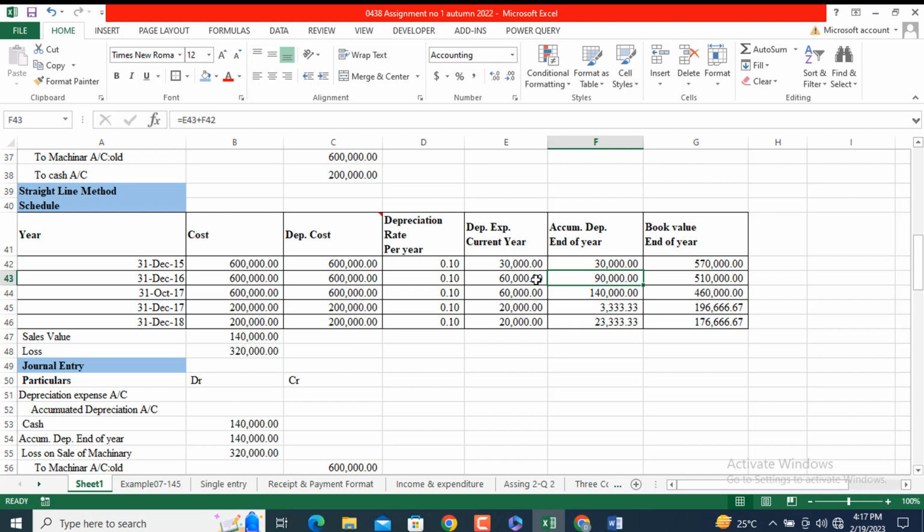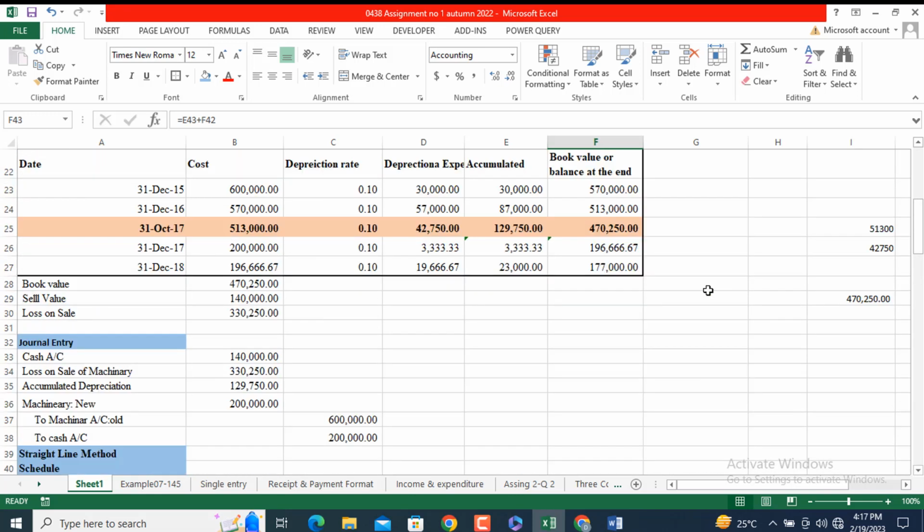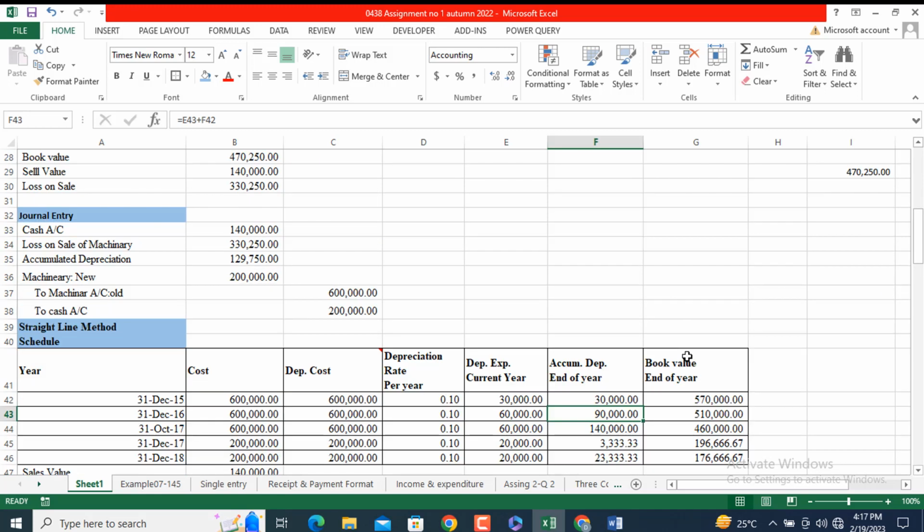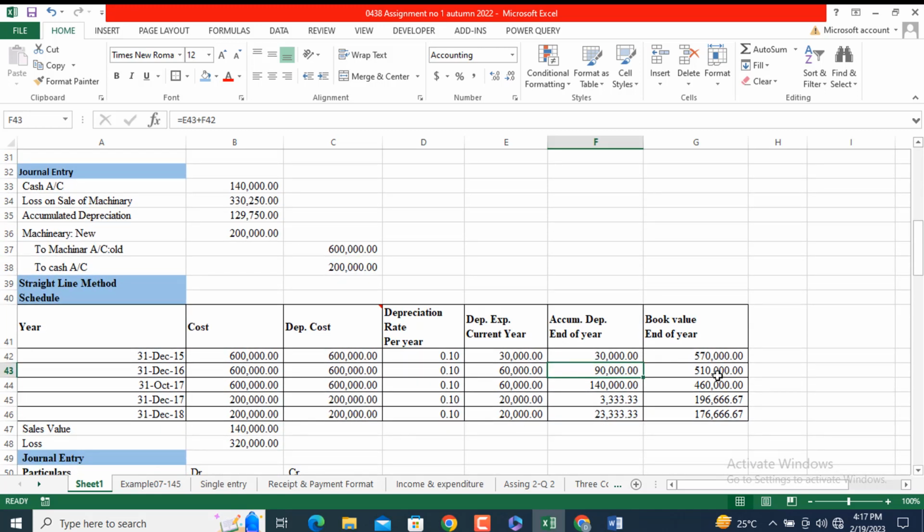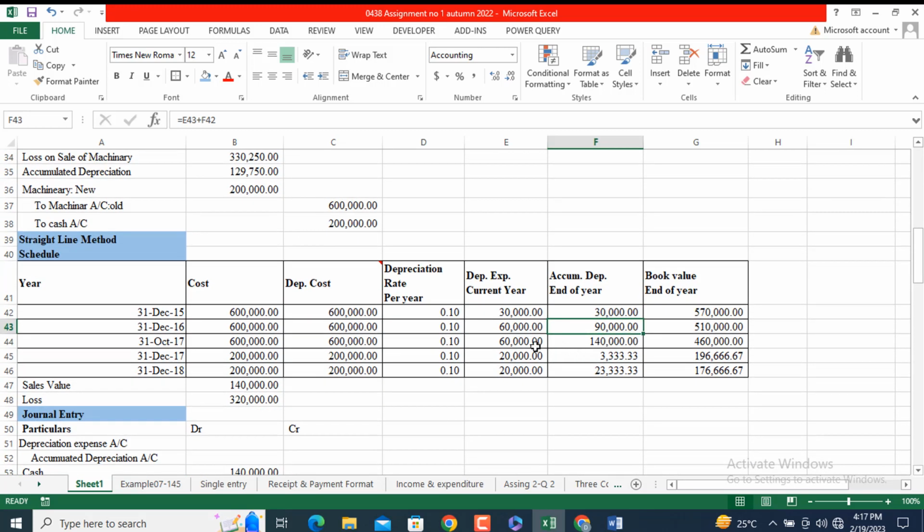Remember that this is our book value, but our depreciation of the asset remains the same for the current year, 60,000, so it will add back to 30,000 to get 90,000 the accumulated depreciation. So now we are going to minus 60,000 from 570,000. It is equal to 510,000. If you compare it with the previous one, here is 513,000. So here is 510,000. Again, we will deduct the same amount in the next year, but in the year 2017